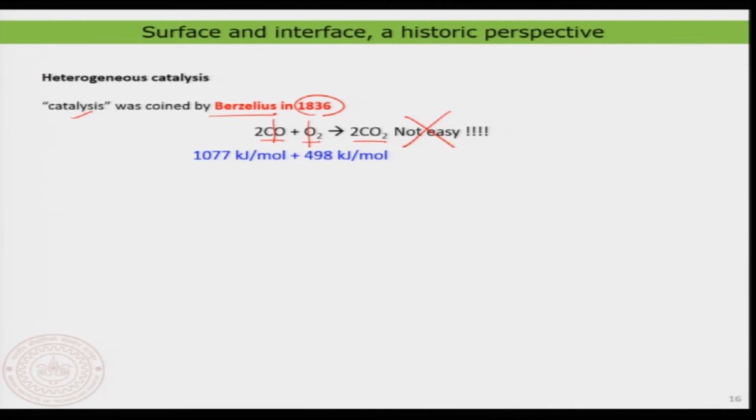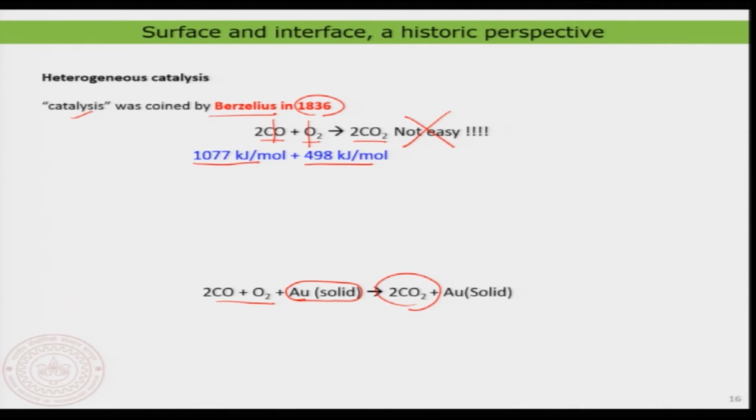It is very simple. The energy cost related to the breaking of the carbon monoxide and the oxygen bond is very, very expensive, and therefore, at normal conditions we will not be able to do the chemical reaction in an easy way. Therefore, you need something else to do. That is where Berzelius's reaction comes into play, where he showed that carbon monoxide and oxygen reaction can lead to the formation of carbon dioxide if you just use a small amount of gold solid inside the reaction pot.